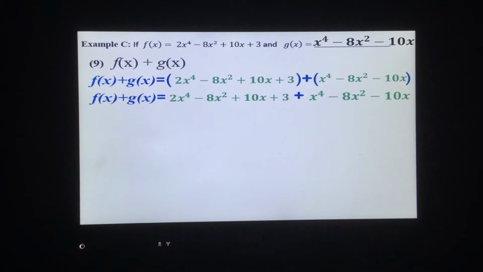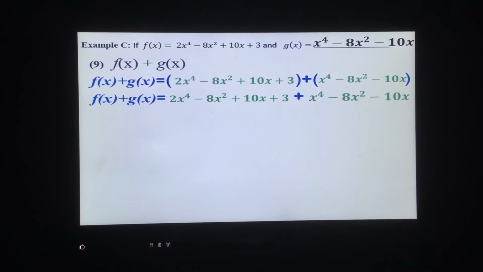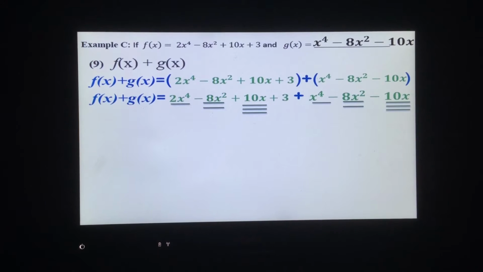We have 7 terms. There's some that are the same term, so that's what we're going to do now. We're going to combine like terms. Like terms are going to be the 2x to the 4 and the x to the 4. We have x squared, and then we also have another x squared. We have a positive 10x and a negative 10x, and then we have a constant of 3. So let's go ahead